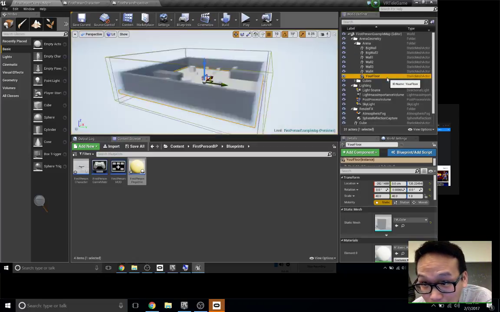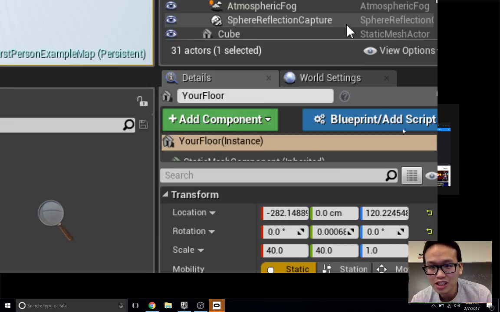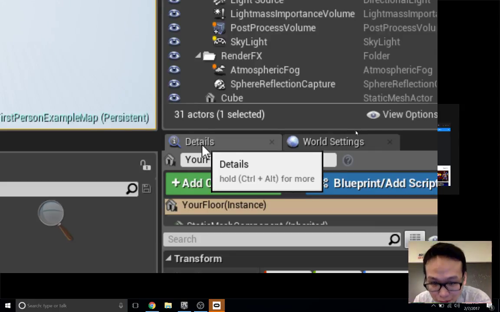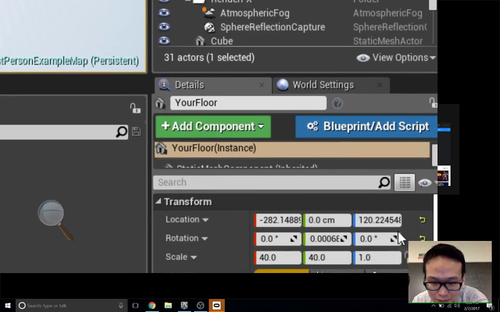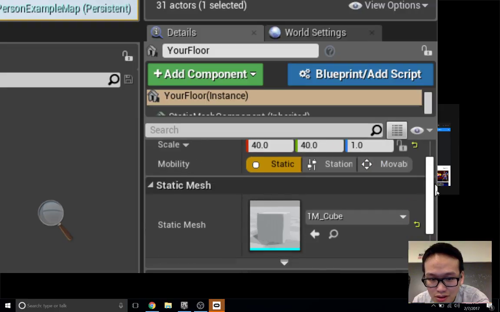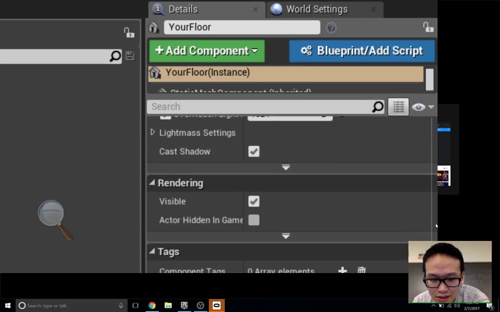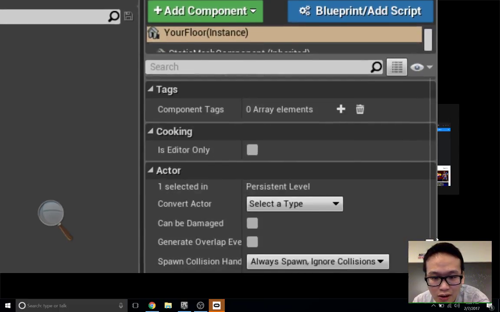Okay, so if you go to the floor, I'm going to zoom in a little bit here. In the details panel down below, if you scroll down, eventually you get to one called actor.